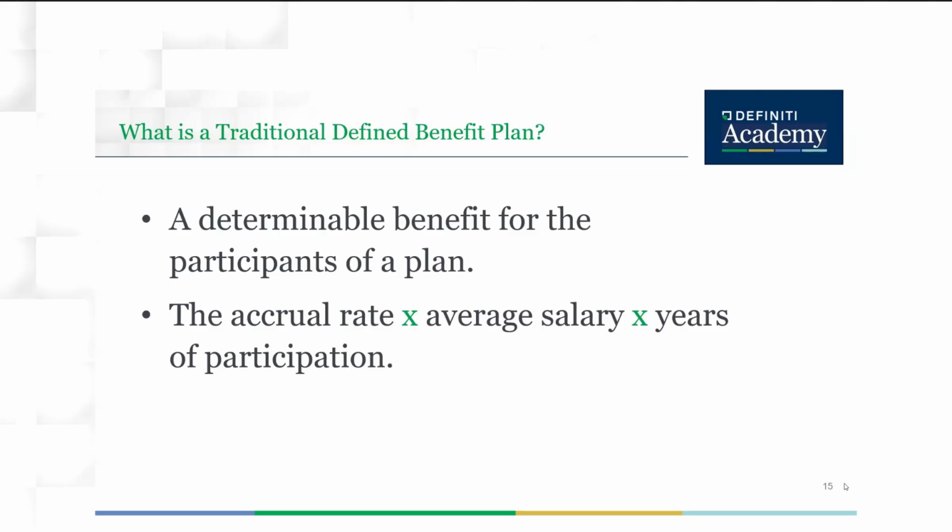So let me talk to you. This is, I guess, what you came for. Let me talk to you about traditional defined benefit plans. All right. The similarity between a traditional defined benefit plan and the cash balance plan is that there are definitions again. That's it. An accrual rate is defined, an average salary is defined, and years of working with the plan is also defined. An accrual rate can be the meaningful benefit of the 0.5% high 3. Policemen and firemen are known for, the radio ads like get half pay after 20 years of working as a policeman. So